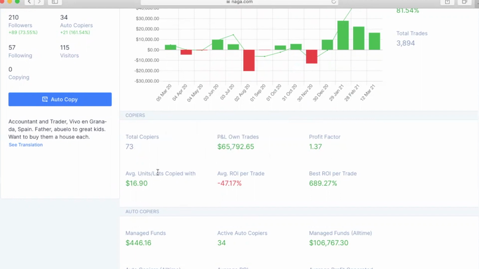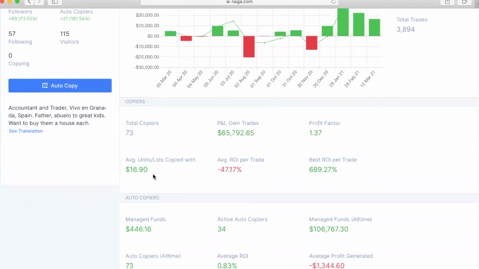His average units, which just means his average standard amount he's traded with, is $16, which would be equivalent to 0.16 lots. His average return on investment per trade is minus 47%, but his best return on investment is